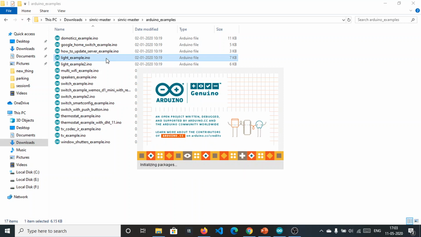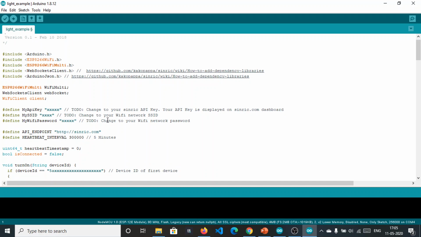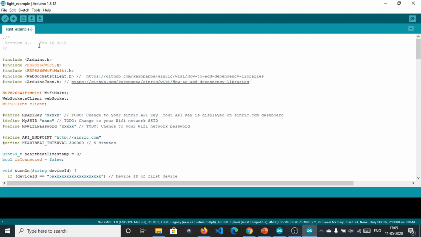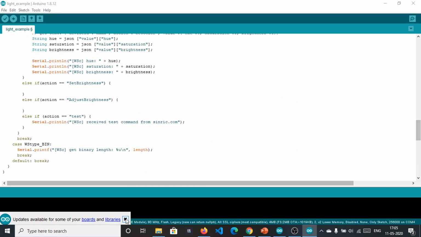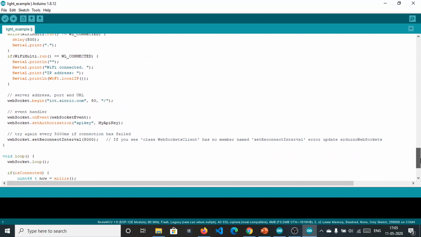So this is the light example of Synric normal version 1. In this example, it's a lengthy one. If you are using Synric it's quite lengthy, but it's understandable and easy.